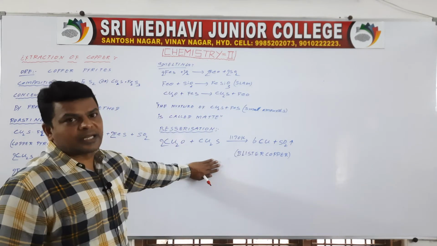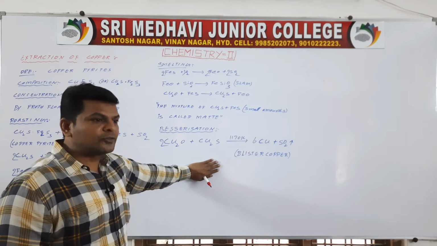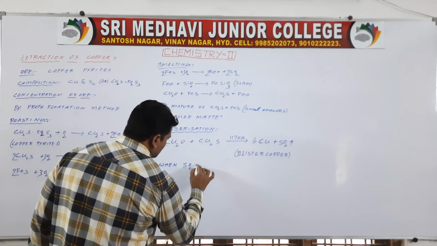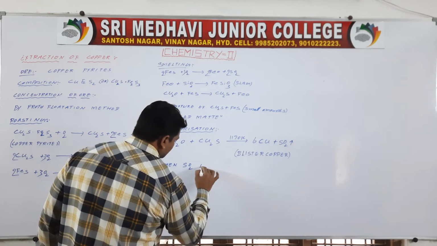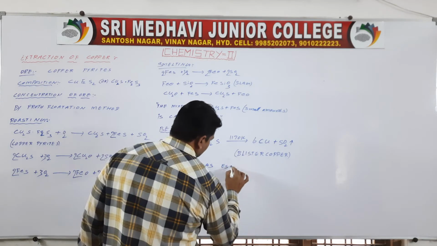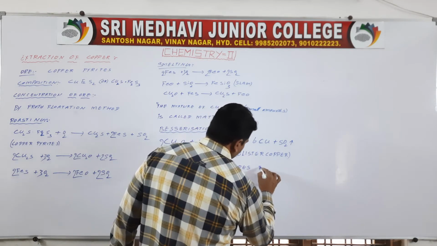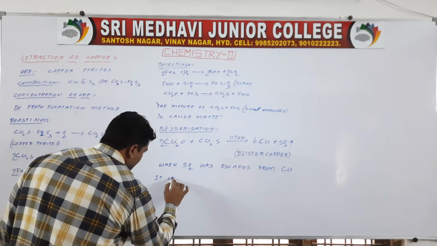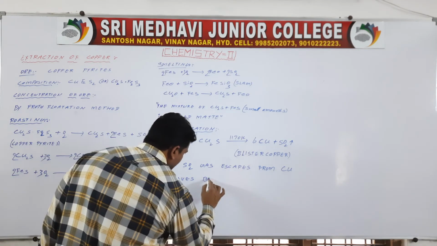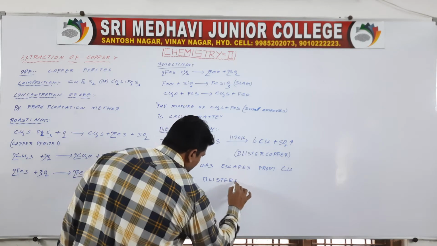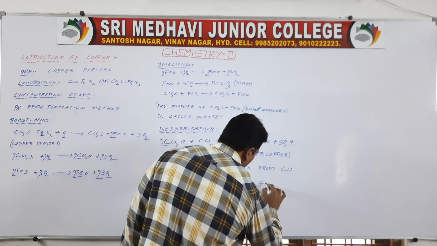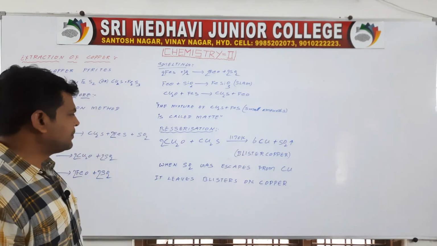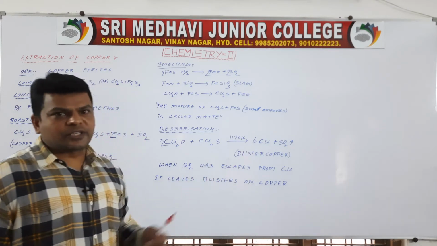Blister copper. Why is it called blister copper? When SO2 gas escapes from copper, it leaves blisters on the surface of the copper. So it is nothing but blister copper,